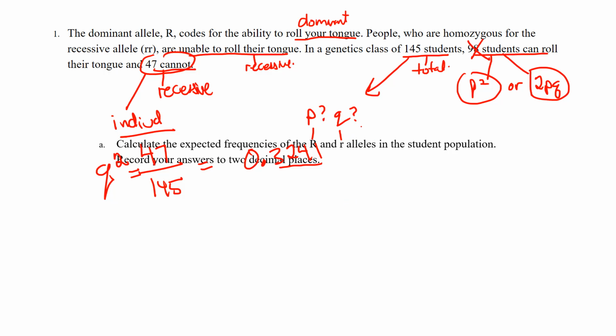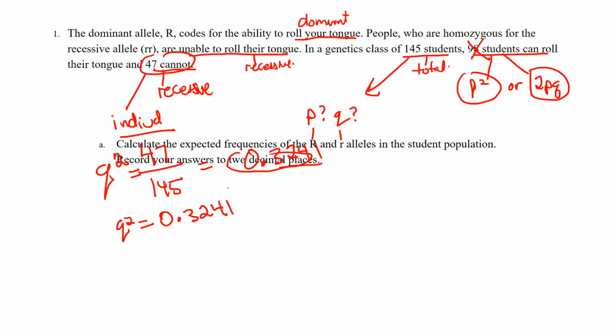So we're taking the frequency now, and we're finding the individual alleles, dominant and recessive, in that population. They want their answer in 2 decimal places. That's always important because we want to make sure after we do all this work that we record the answer correctly. So now that we have, and I'm just going to rewrite this here, Q squared equals